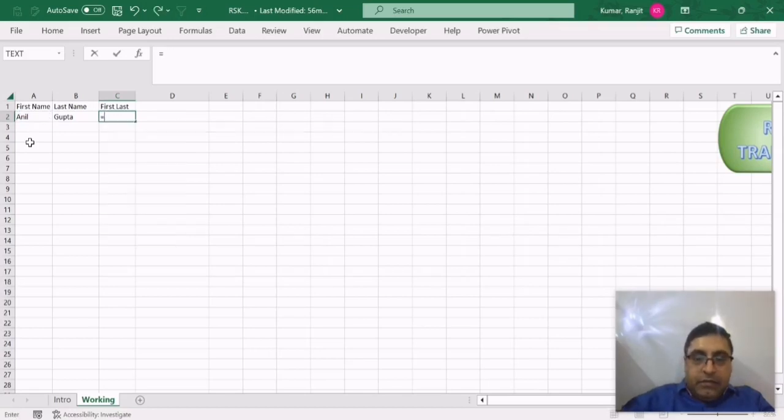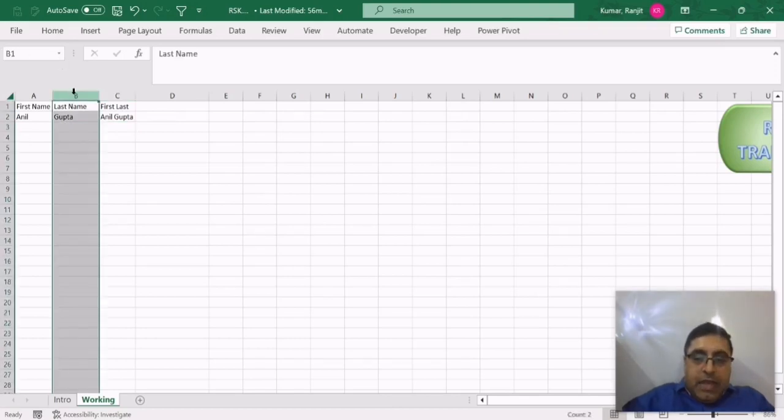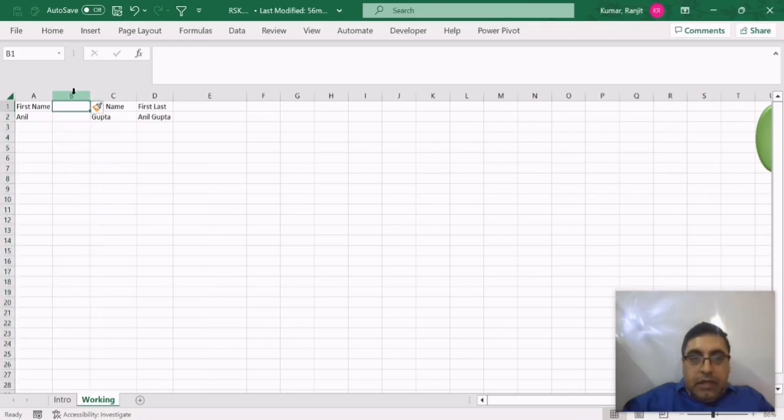you will have this, comma, space, and comma the last name, which will give you Anil Gupta. However, if I add a column here and say I have the middle name,